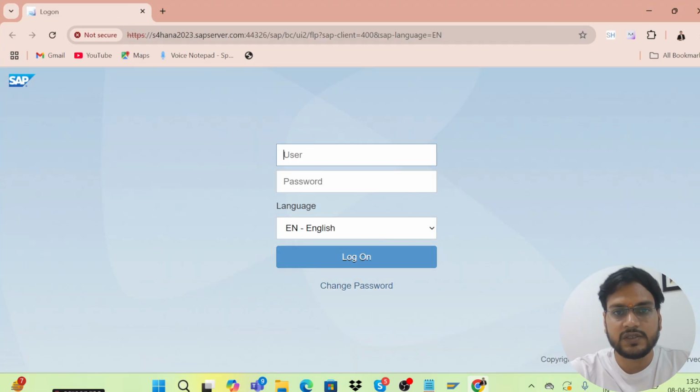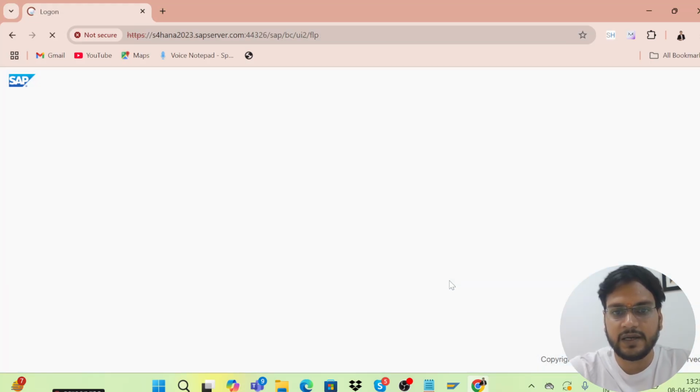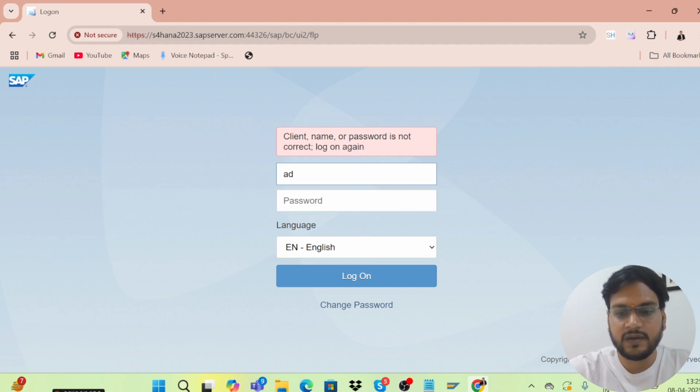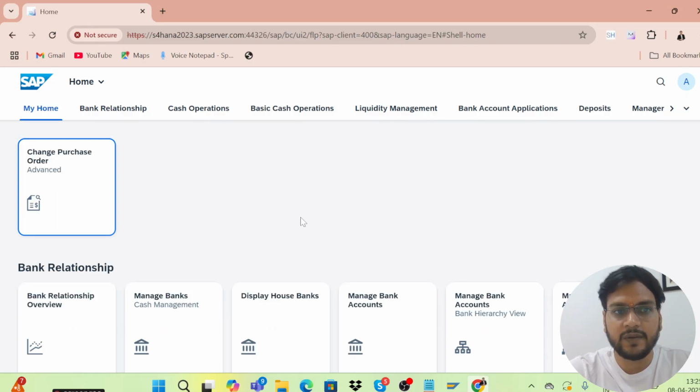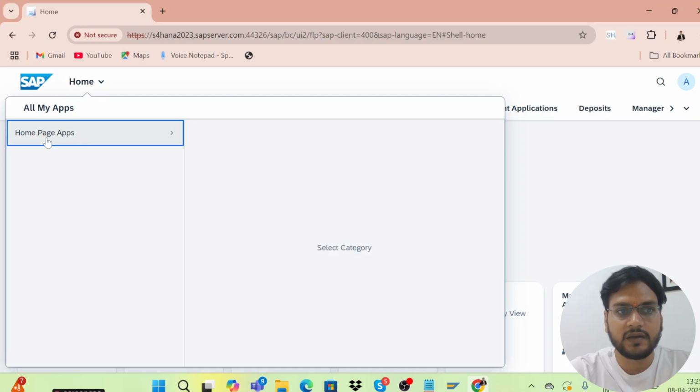Okay. Before one more screen can open, you just want to go without safety, so select that and you can proceed. Here I'm giving my user ID and my password. So just mention your user ID and password and hit enter. Let me give it again. Just log in, and from there you can also change your password. So the home screen will open from here. Okay.